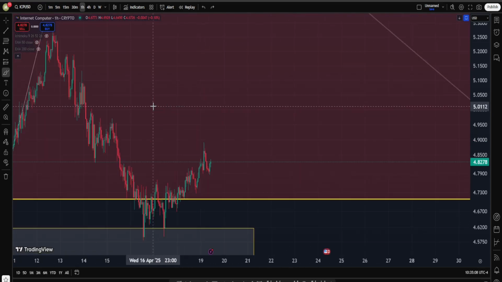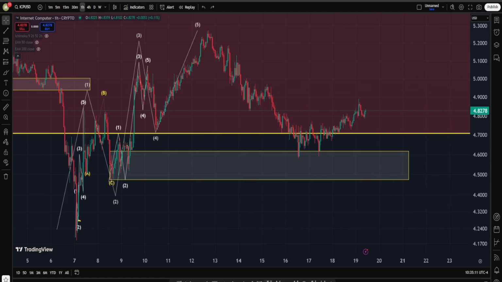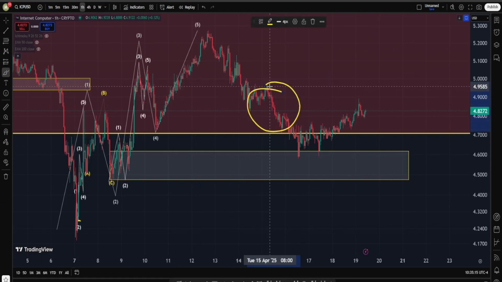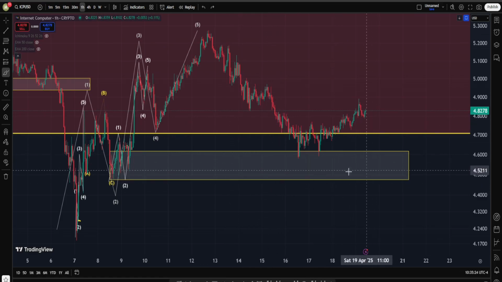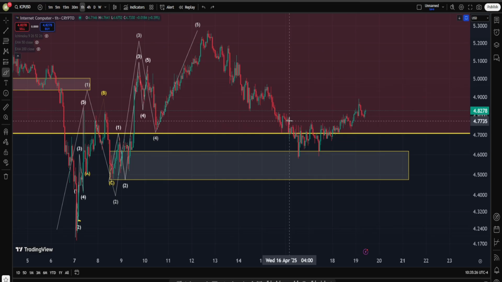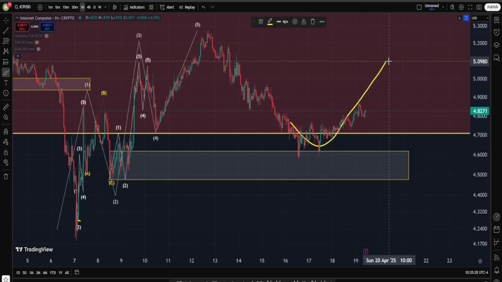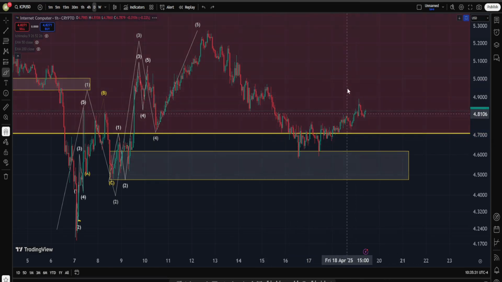And if you remember, the last time that we talked about the Internet Computer, we were right around, I believe, this area, and the idea was that this move down most likely is going to continue a bit more in order for us to reach about this important area of demand. And I said I'm hoping that from here we get a decent bounce and continue our move on the upside,